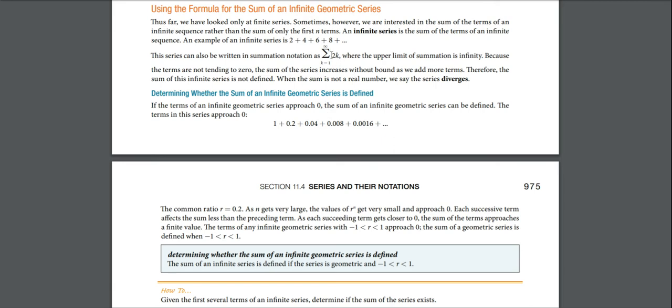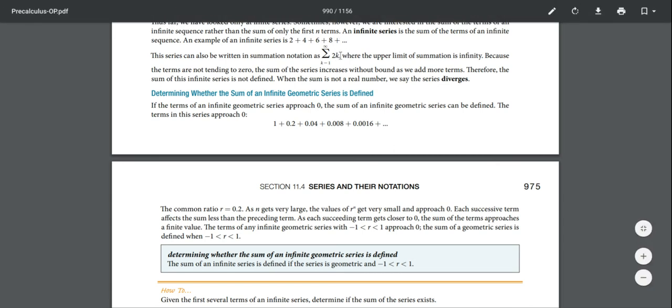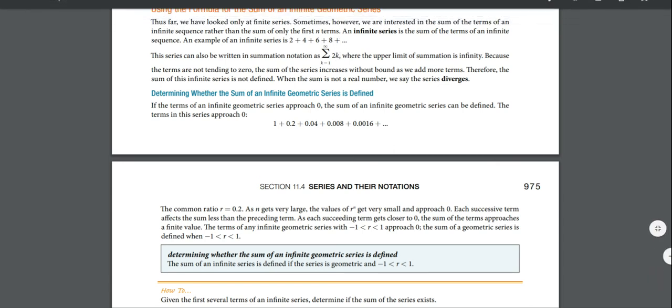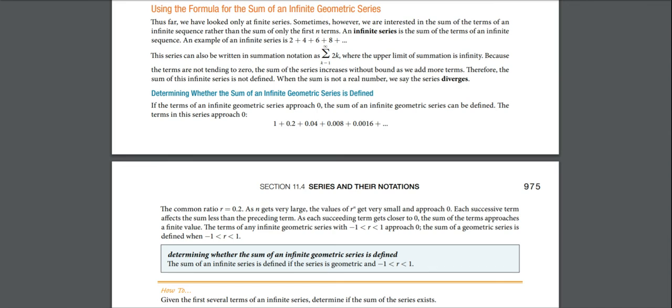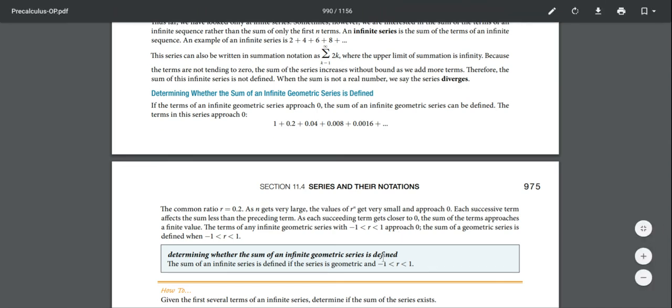Now this is not even a geometric series. This is an arithmetic series, so it's not going to have a finite sum. If we tried to find the sum of this, it would be infinite. We can't do it. But if it's geometric and R is between -1 and 1, then we can find an